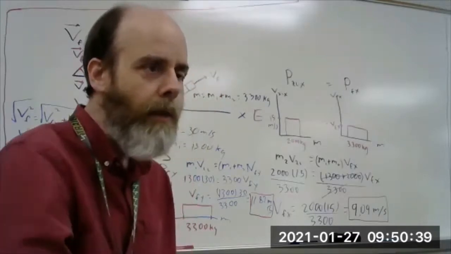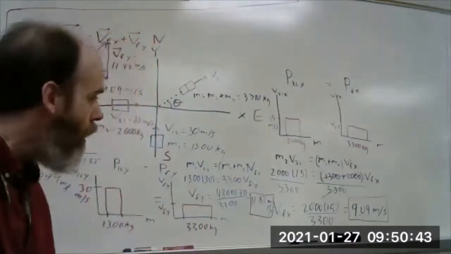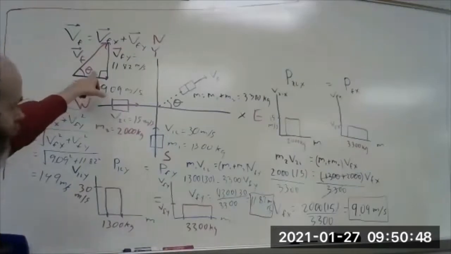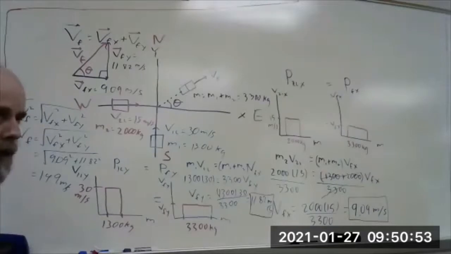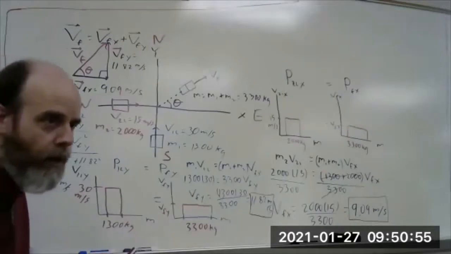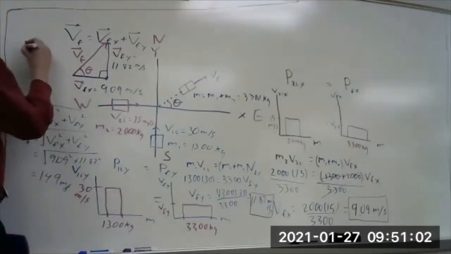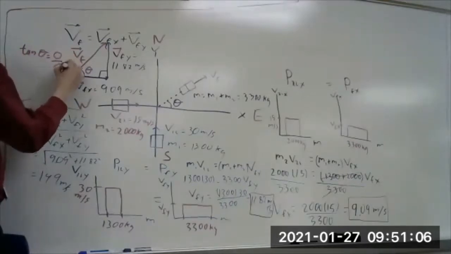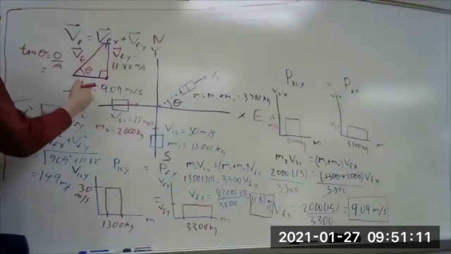But we also need the direction. Velocity is a vector. We need a magnitude and a direction. So let's find the direction. We can just find this angle theta. So how can we get theta? Trigonometry. Tan theta. Let's do it over here. Tan theta is opposite over adjacent, which is v final y over v final x,